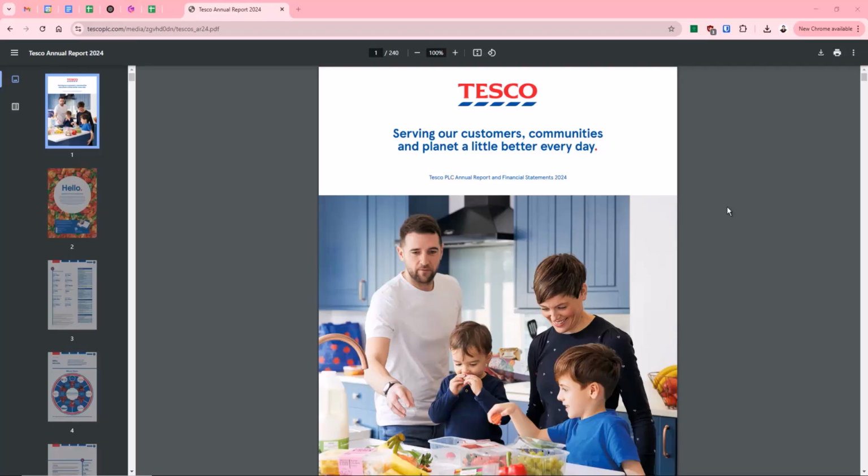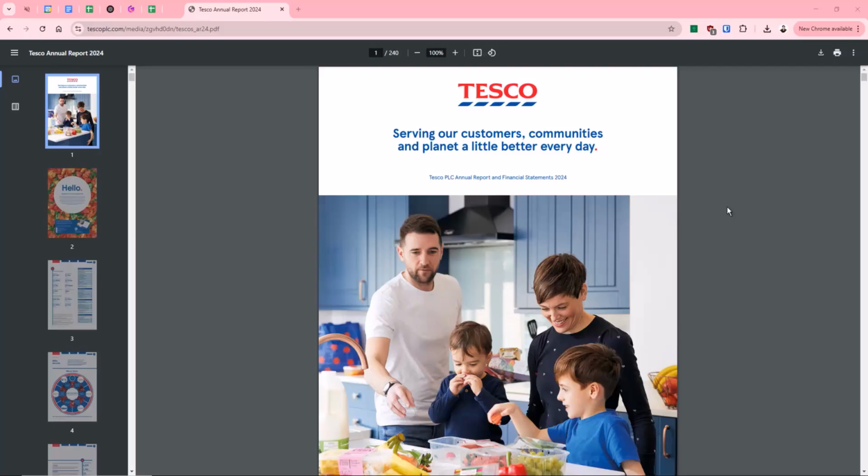So we don't necessarily want to sift through 240 pages of content. But we can use AI to analyze the document, to pick out specific key trends within the industry, whether that be financial trends, market trends, environmental trends, whatever it may be, and to analyze why that is the case and what that may mean for the future.